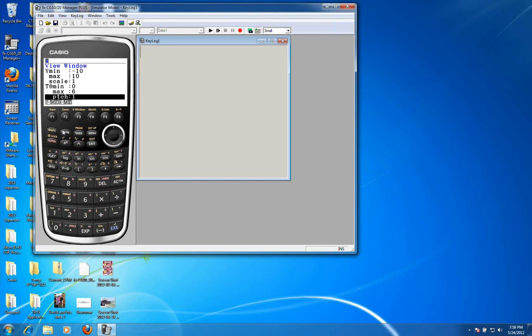Now the other thing I need to do is change my setup. Okay, let me execute that and change this into degrees. Where am I here? If I scroll down, angle. I want to change this to degrees. See how easy it is to change those modes. We'll execute that, and let's take a look. Oh, it graphed it so quickly.